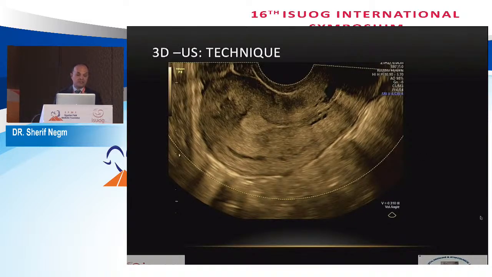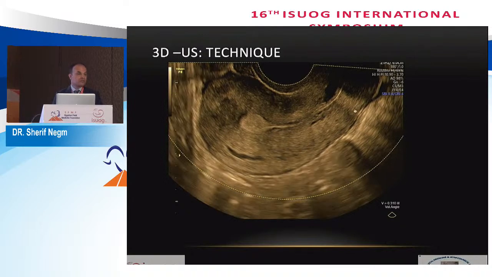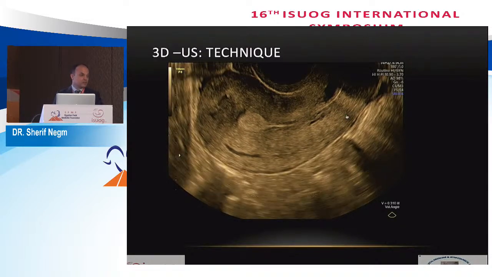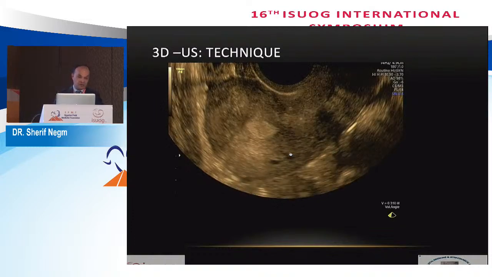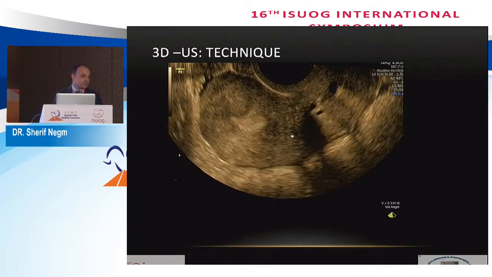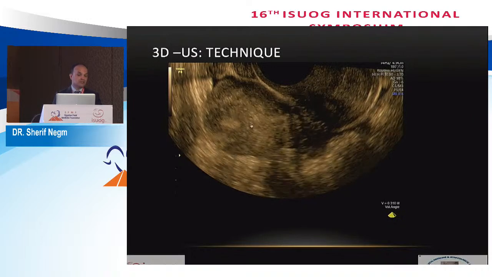So how do we do 3D ultrasound to diagnose Müllerian anomalies? Of course, like any ultrasound examination, the region of interest, and here, of course, it's the uterus, has to occupy at least 70 to 75% of the image. The best time to do the examination is the mid-luteal or late luteal phase, so that